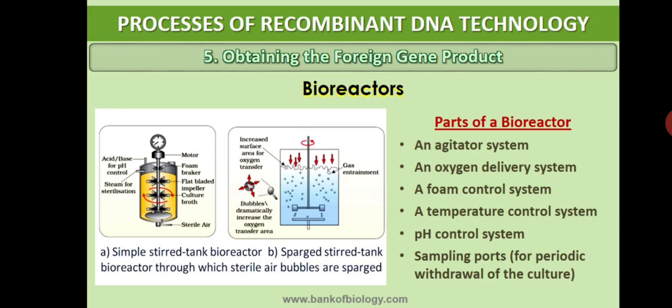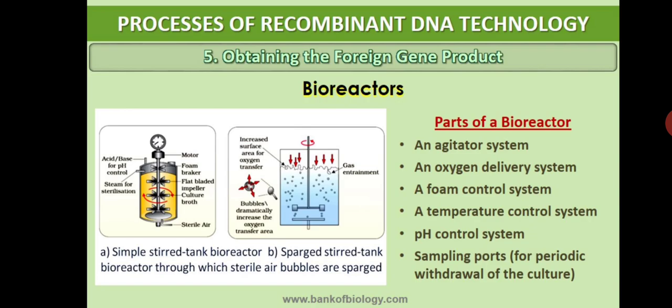Okay, then the second one is the oxygen delivery system. The oxygen delivery system is nothing but continuously blowing oxygen. Proper maintenance of the oxygen level in the synthetic medium is maintained here. Then only the microorganisms cultured here can undergo repeated multiplication, and by that they can increase their number. Understood?